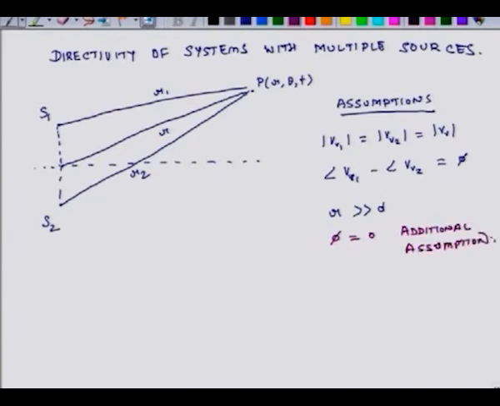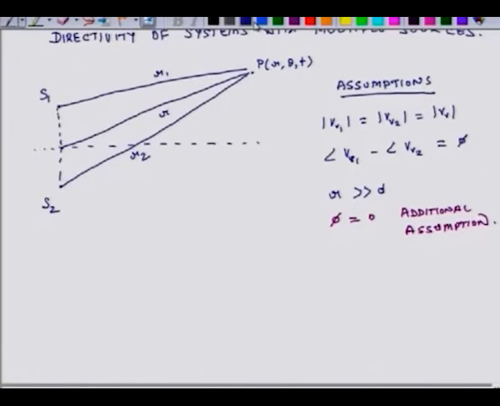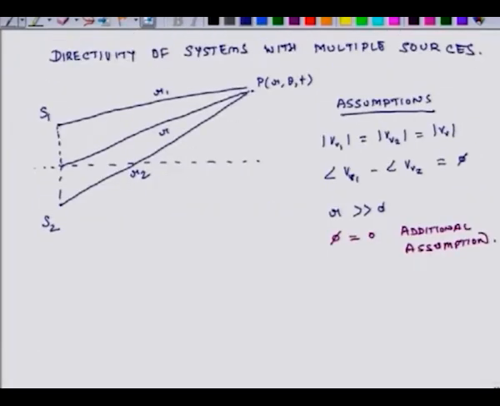That is my additional assumption. So, if that is the case, then my expression for P of r, theta, t can be written as, and we are just recapping the relation which we had seen earlier. So, it is V v over 4 pi r times j omega rho naught e to the j omega t minus r over c, and then